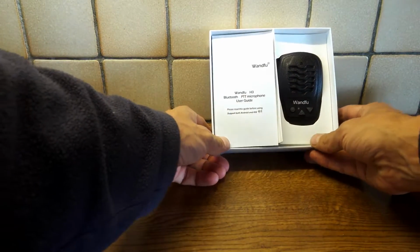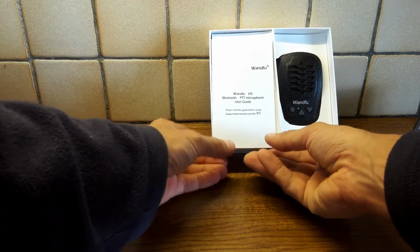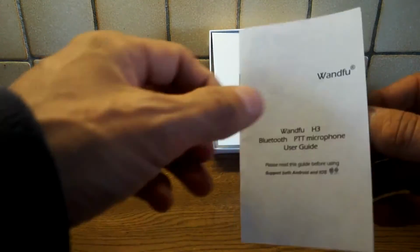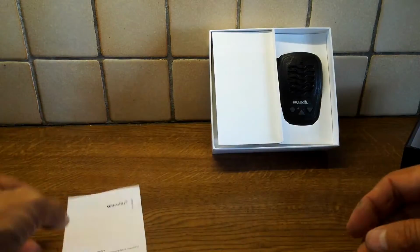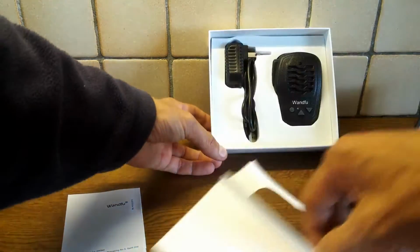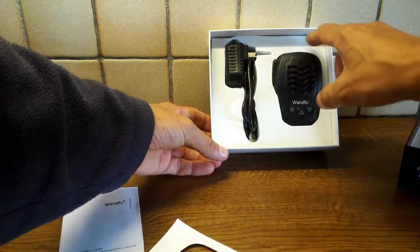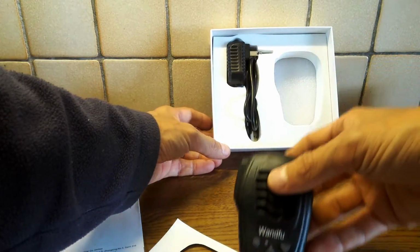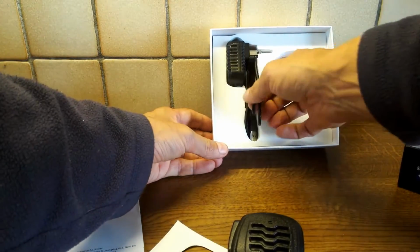the actual microphone, as you can see right here. We get the manual over here, and it gives some details about the product itself. So there you go. And also some technical information. I'm just going over it very quickly, and then finally we get the device itself in the second layer. And this is the microphone, and then we have also with the microphone, of course, the charging